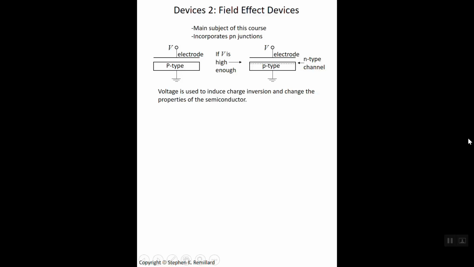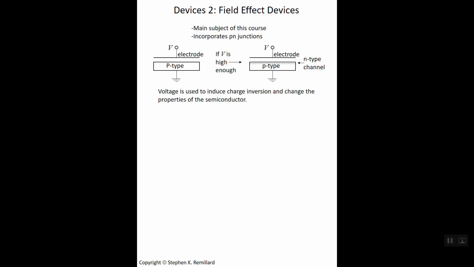electrons come from ground into the p-type. And they're very strongly attracted to that electrode. They just can't get to it because of the air gap. So what they do is they form a layer at the top of the semiconductor slab. And so you have this layer of electrons in what is otherwise a p-type semiconductor. So you have this top region of the p-type semiconductor that has been converted into an n-type, and it's called the n-type channel. The voltage on that electrode, where the n-type channel begins to establish itself, is called the threshold